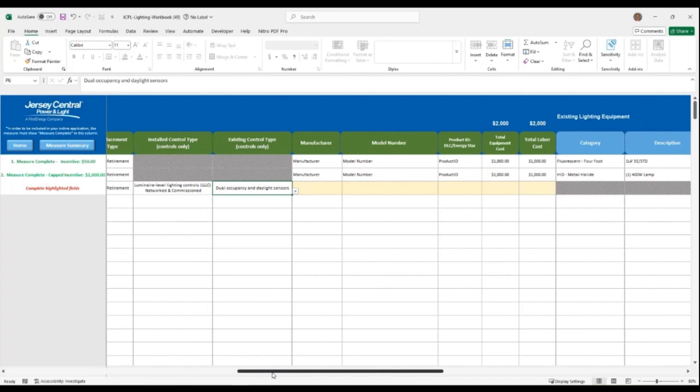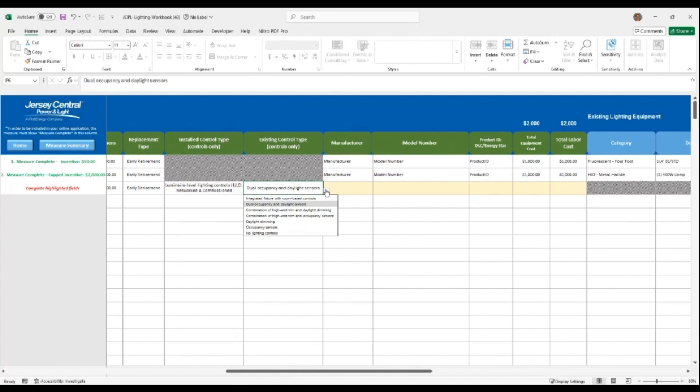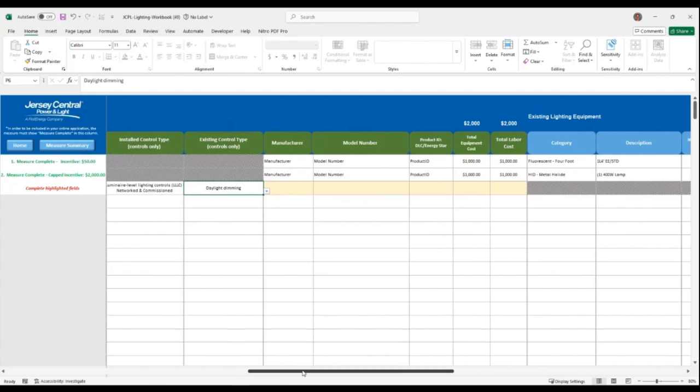So you wouldn't really use occupancy outside. Actually, you know what? I changed my mind. I'm going to use daylight dimming because we're not going to use occupancy outside. You don't usually occupy the outside. Usually you'll use that for a room. Okay, so we're